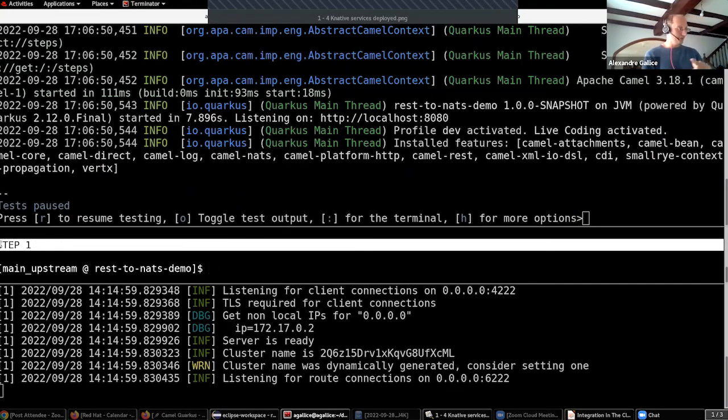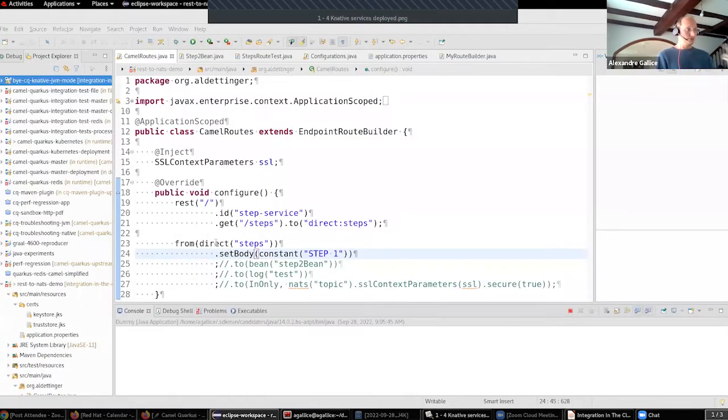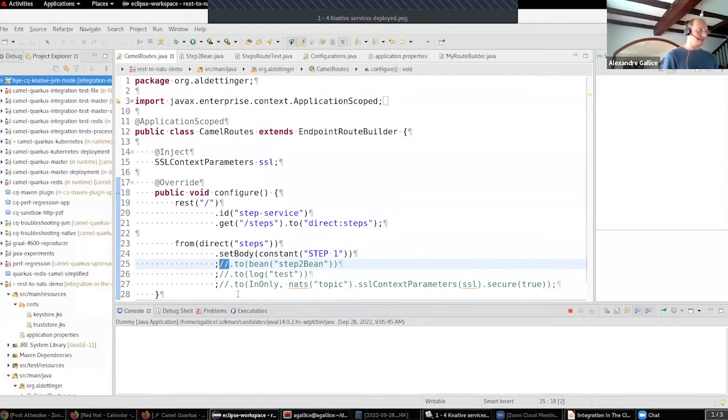The goodness of the dev mode now is that when I modify the route, so for instance, I modify here by trying to invoke some custom Java code. I do this with the bean component in Camel, and I try to locate a bean named step-bean, which should be there in the registry. And the good news,